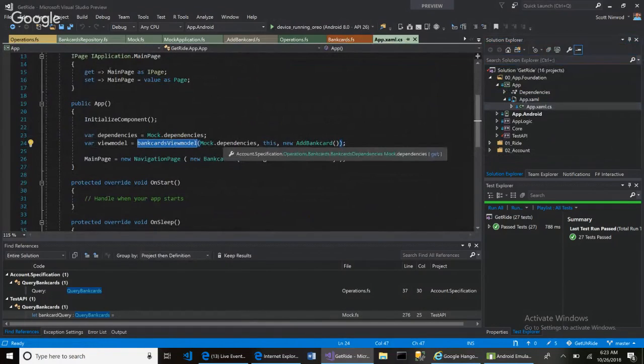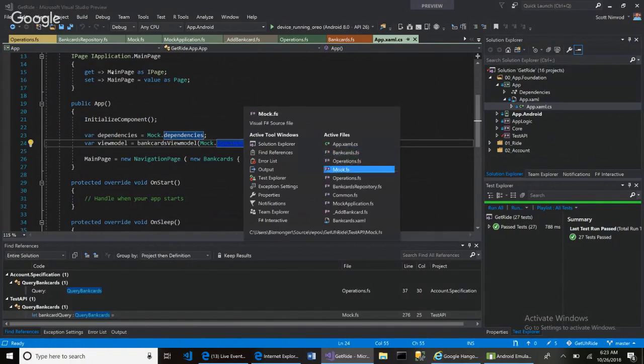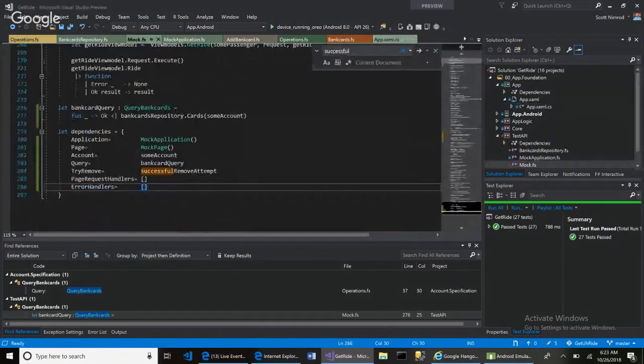There's mock dependencies right here. Okay. So if I do, this is the mock dependencies right here. And I think this is where